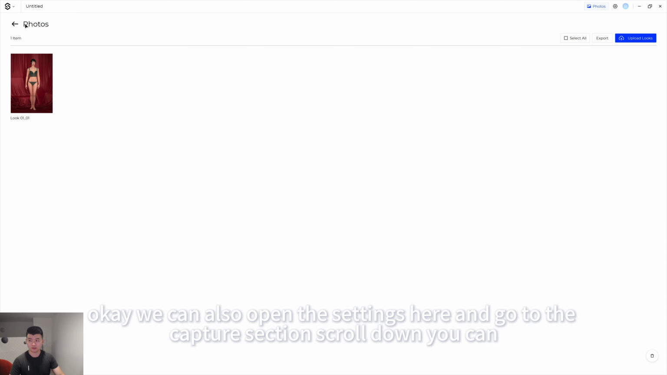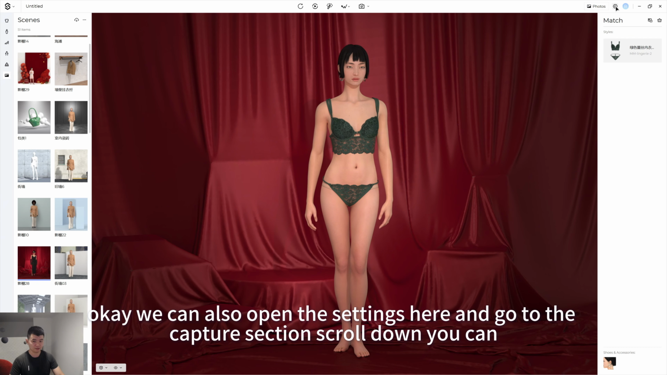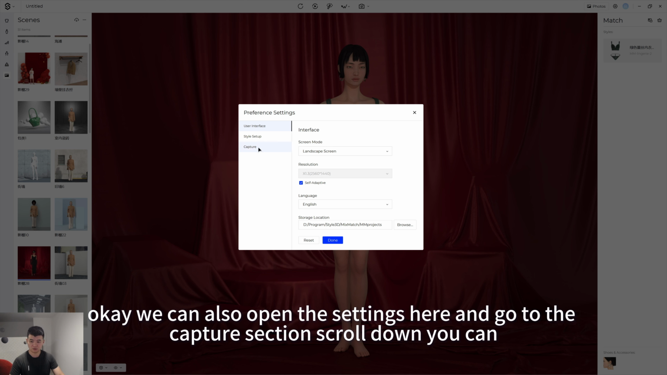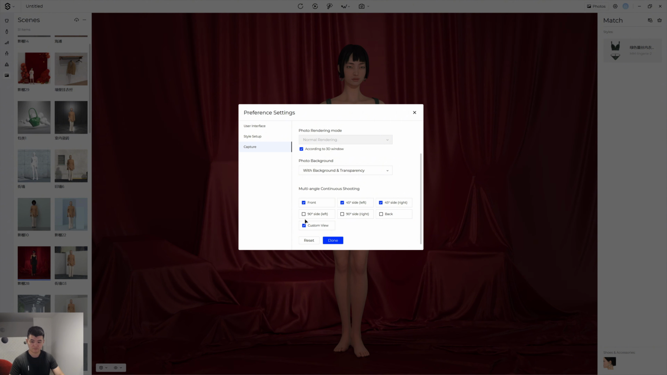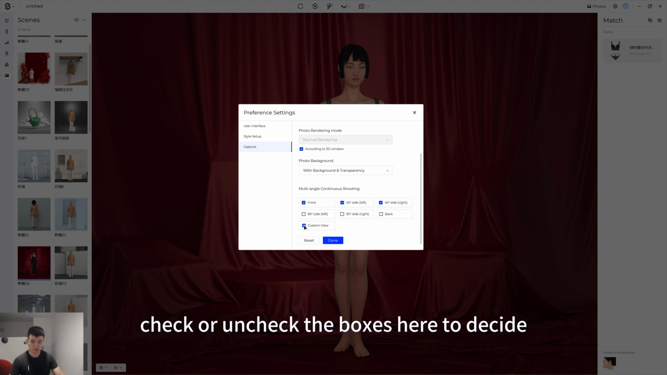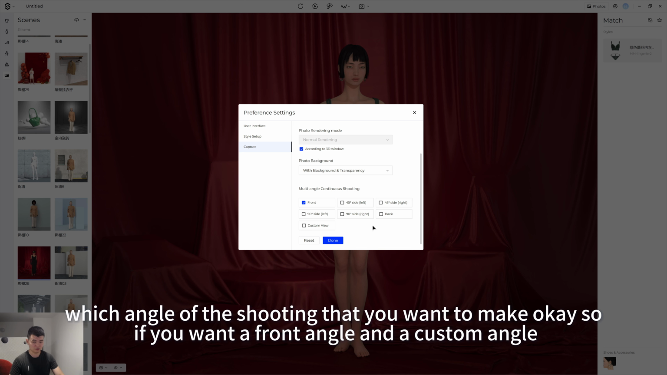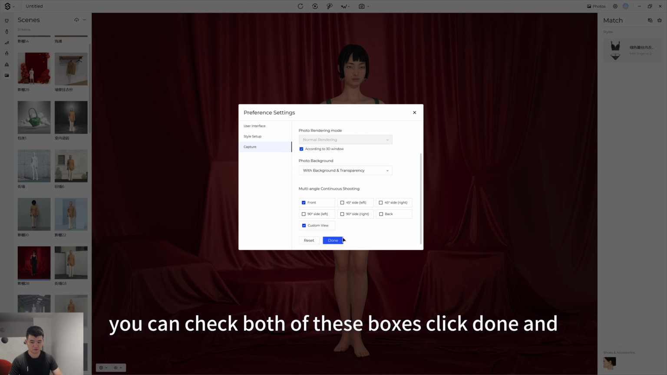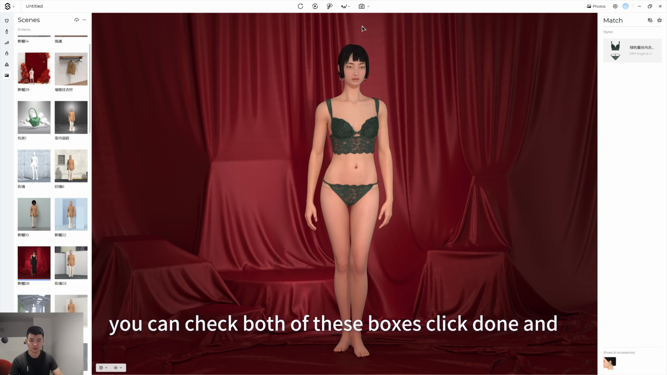Okay, we can also open the settings here and go to the capture section, scroll down. You can check or uncheck the boxes here to decide which angle of the shooting that you want to make. So if you want a front angle and a custom angle, you can check both of these boxes, click them, and